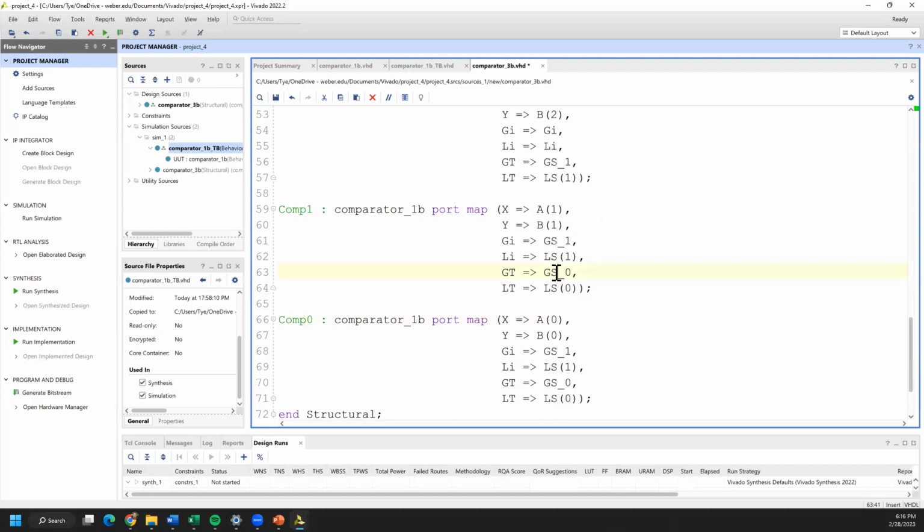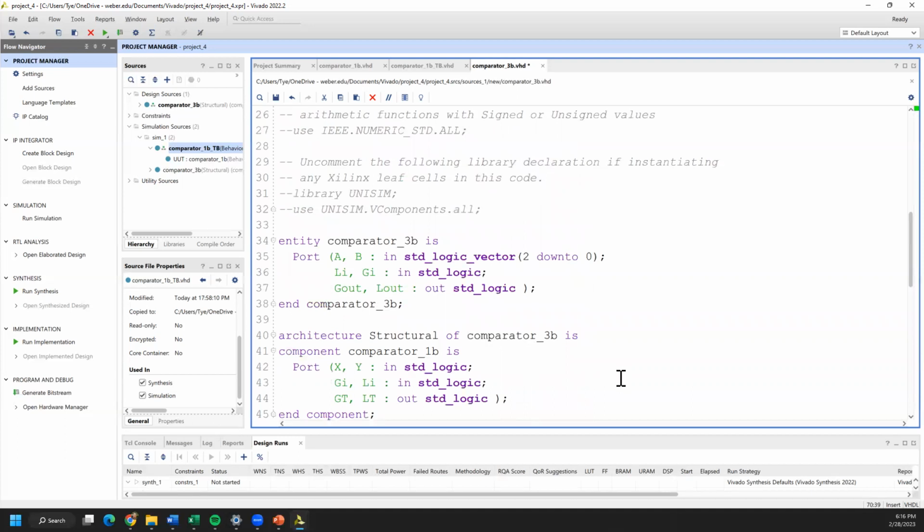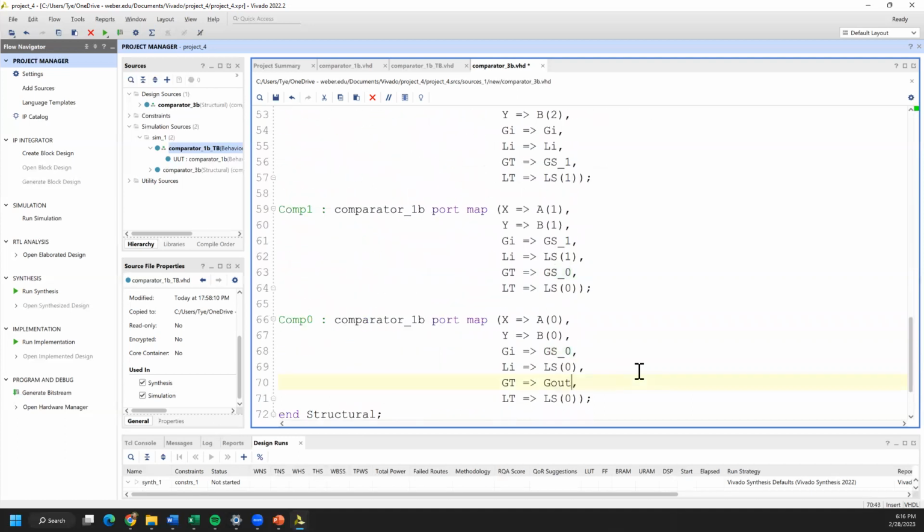The output is GS0, which means that connects to the input of the new device. The output was LS0, which again connects to the input of the new device. Lastly, the outputs. These outputs actually connect to the output ports. These ports, which I have called G out